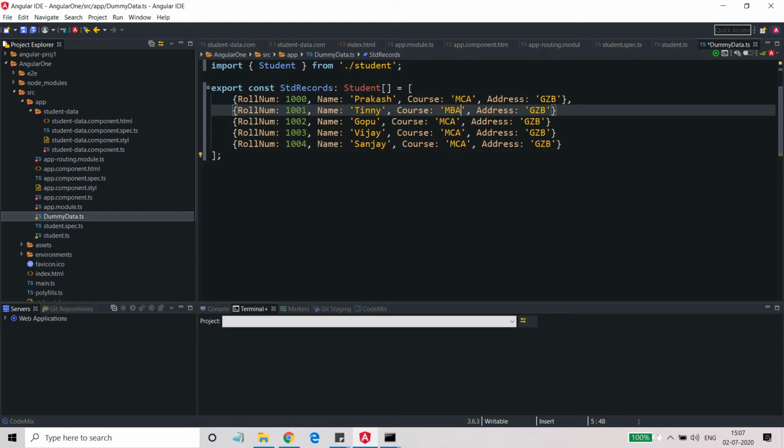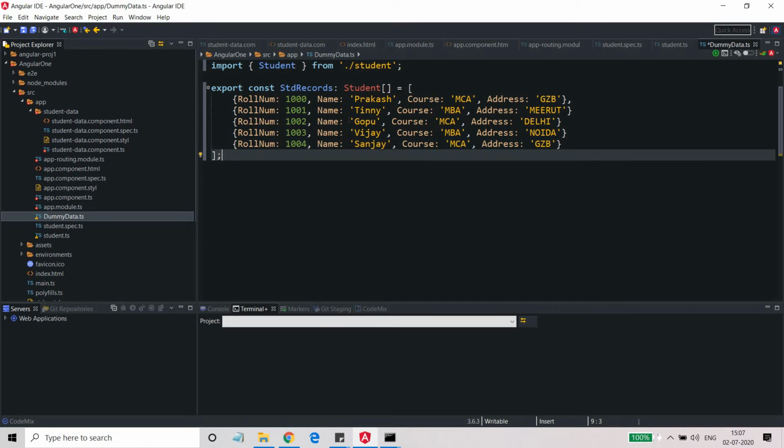Someone is doing MBA, a few are doing MCA. Someone lives in Ghaziabad, someone lives in Meerut, someone in Delhi, someone in Noida, and someone again in Ghaziabad. So we have done all the changes and made every student unique.